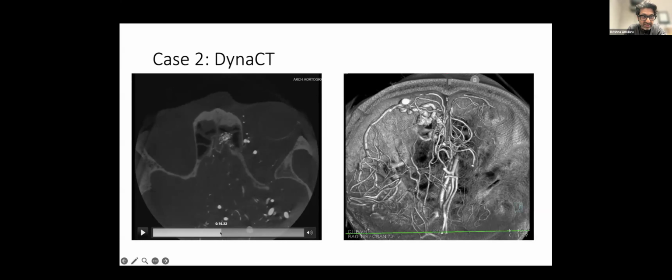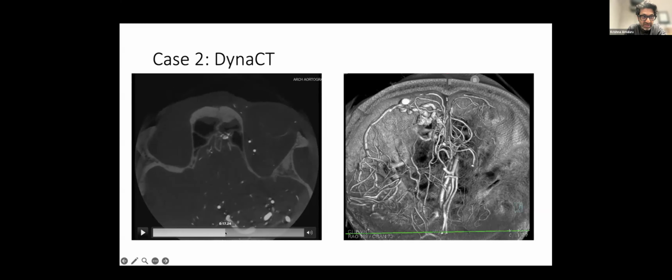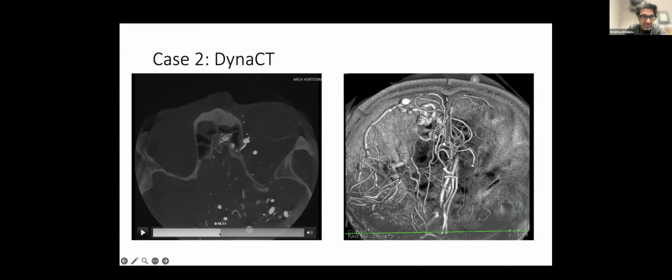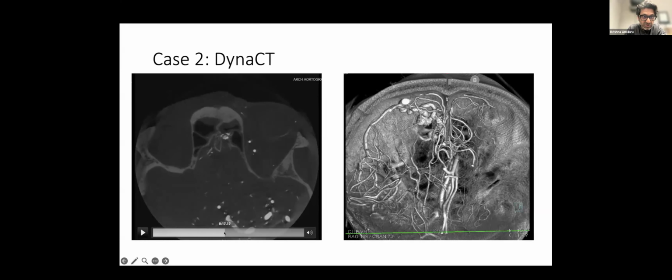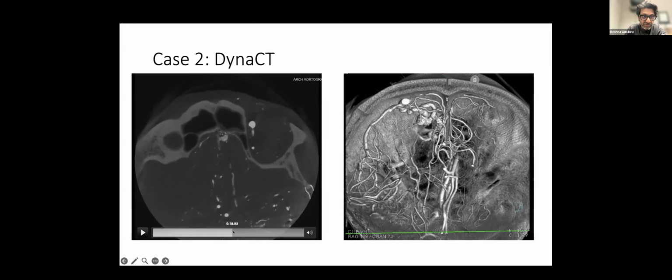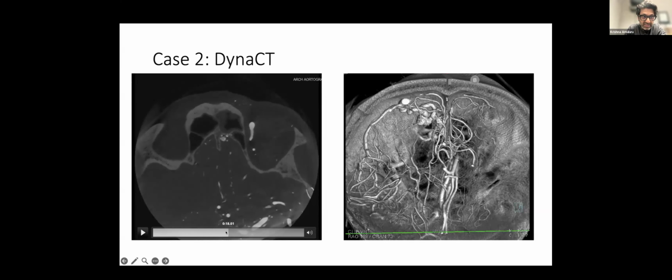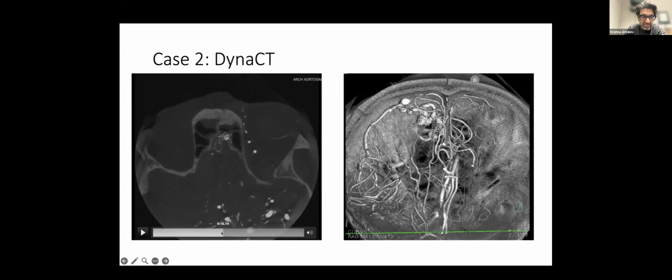So you can actually see the level of the fistula, the admixing of the arterial and venous enhancement to the point where you can see the level of the fistula. And again, it just gives you a better sense of the anatomy. And the second reason why we love doing these Dyna CTs is it really gives you a better sense of